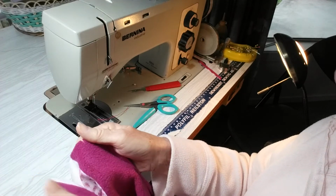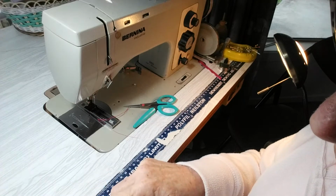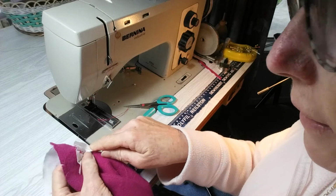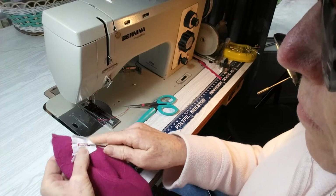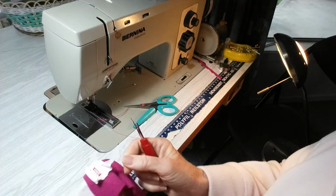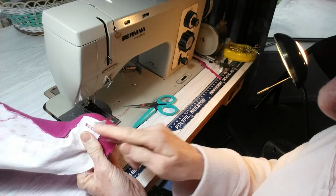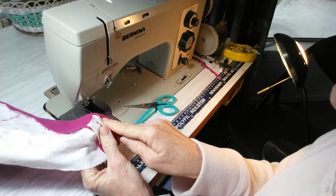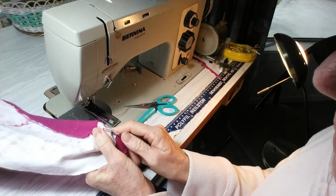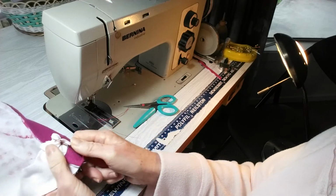Yep, not too bad. So on the other side, you get an unpicker, poke it in, and you just make a little hole. Put the unpicker on the other side, and make sure you line it up so that the hole that you made originally, see the unpicker's coming out